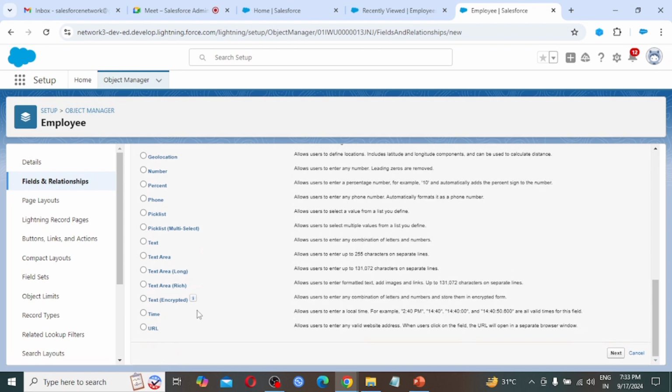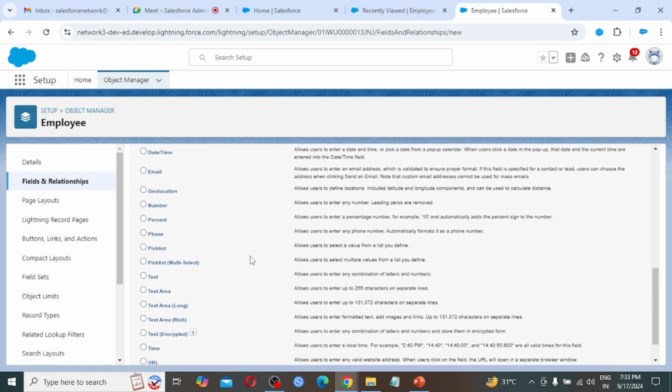So which type of data are you going to create for any field? That type you have to select first. Until you select a data type, you can't create the field.